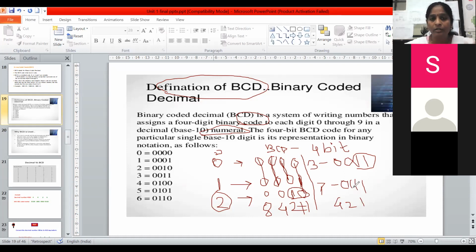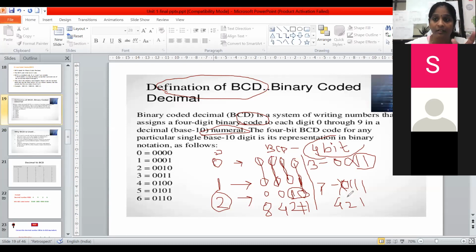Okay. As I told you, we are going to consider the BCD numbers from 0 to 9. I am supposed to write down the binary numbers. Don't forget, you can be asked an objective question. In a BCD, how many bits are we going to consider? We are always going to consider 4 bits. See, in the number 7 also, I don't need this bit, there is no need to write 0. But no, this is a representation of the BCD number. You are supposed to consider 4 bits for 1 number.